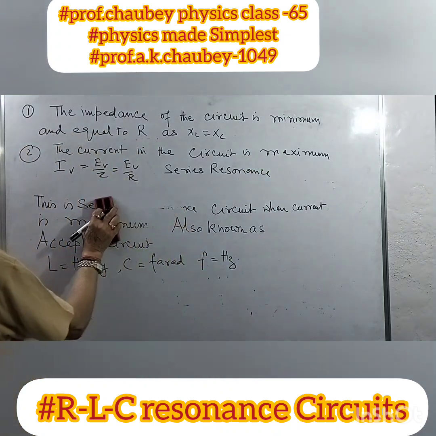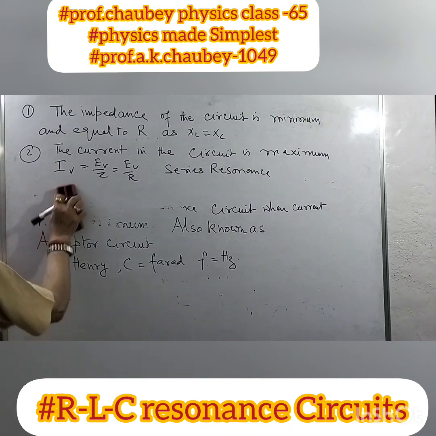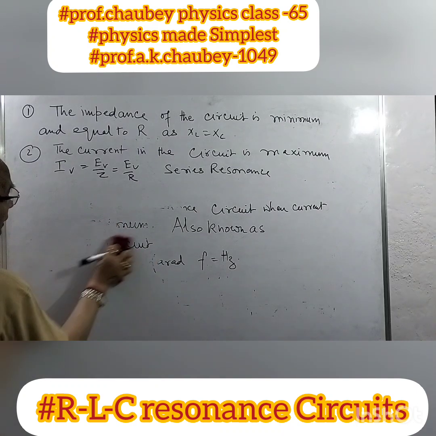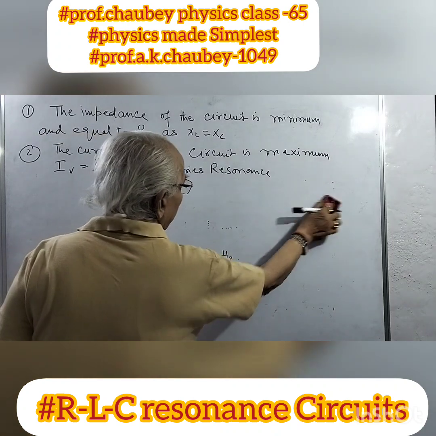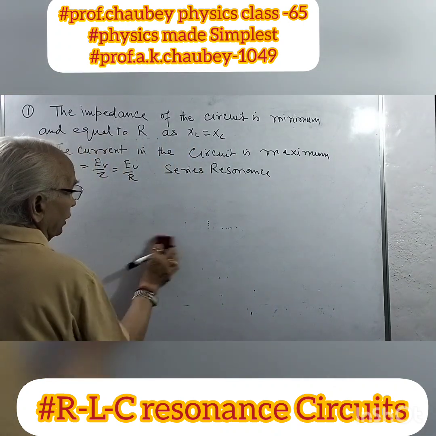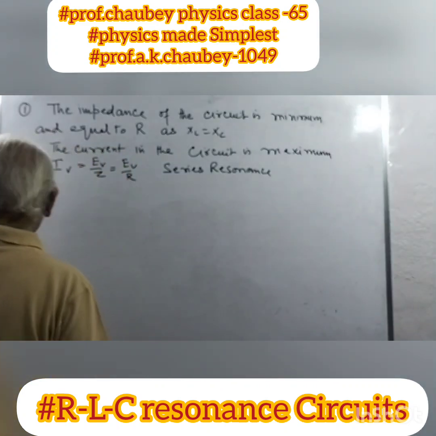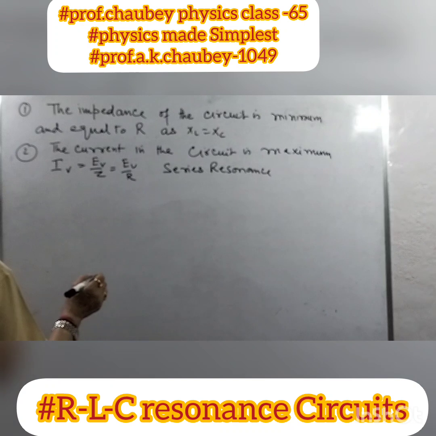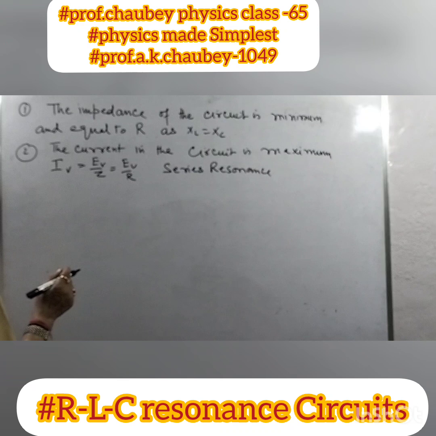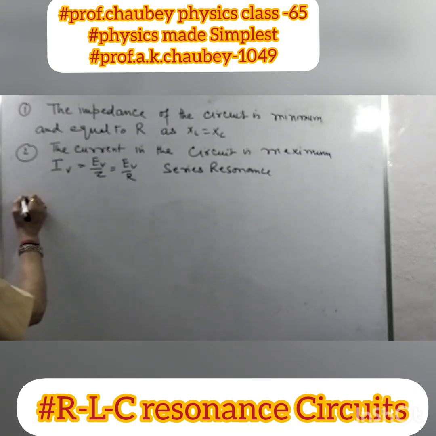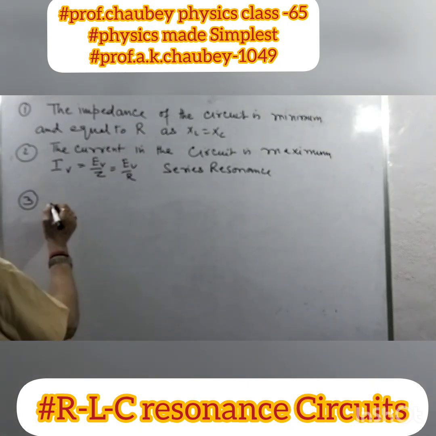In a circuit, we use components such that XL and XC are opposite. One is positive, the other is negative. Means one decreases current, the other increases current. So another conclusion we have, our third conclusion, is that since in series resonance